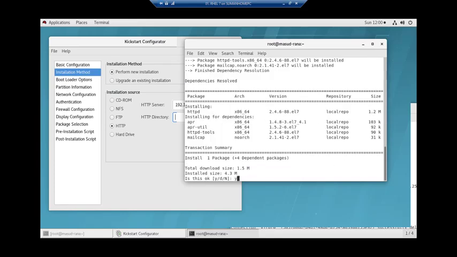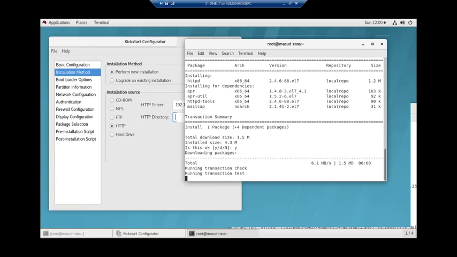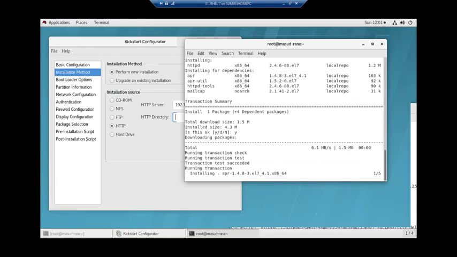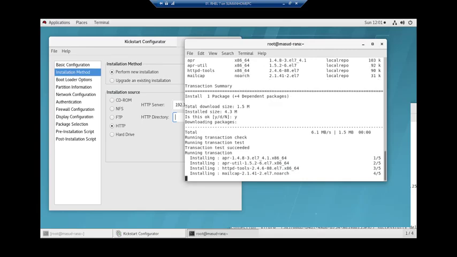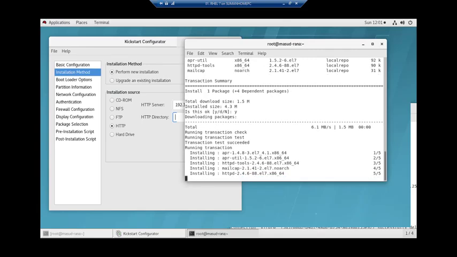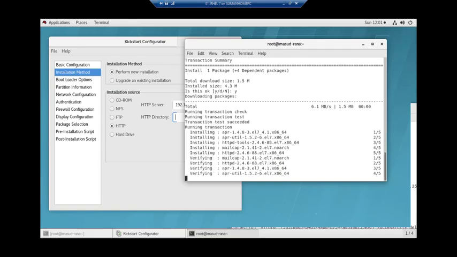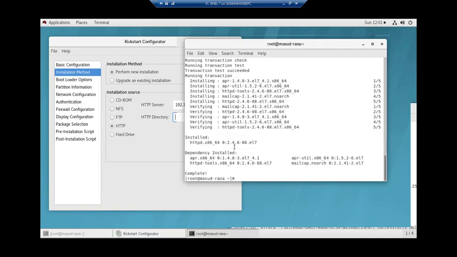If I install this package with y, then I will get the HTTP support. The server will act as an HTTP server.